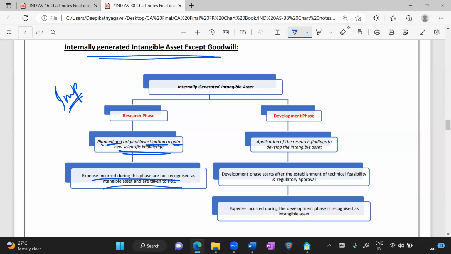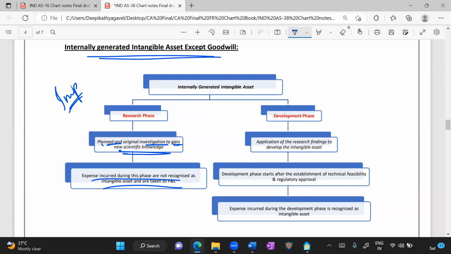Let's say you have done research for 2 years, but then you go back to your management and tell them that no, there cannot be any formulation that is going to cure this particular virus. Like, let's say, some type of cancer, right? There is no particular formulation that we could develop. We did a lot of research, we tried to investigate a lot, we tried to gain knowledge, but no particular formulation came out. So for the 2 years, whatever research expenditure you have incurred is all in vain, right? You cannot classify that as an intangible asset because nothing concrete has come out of it.